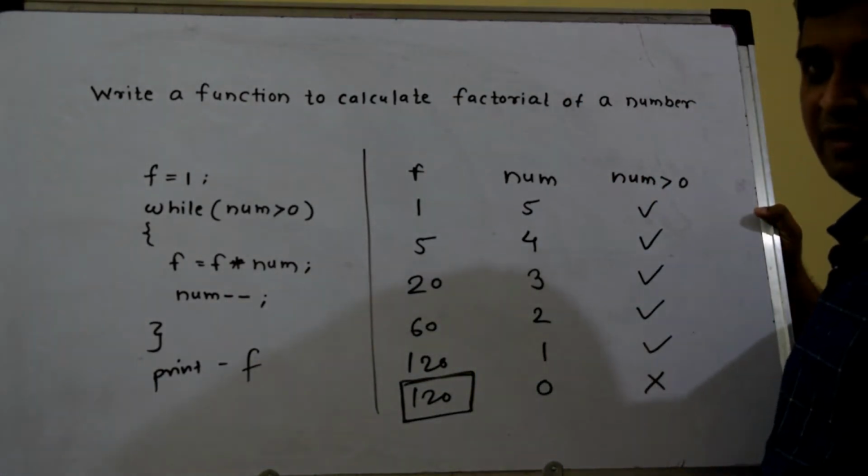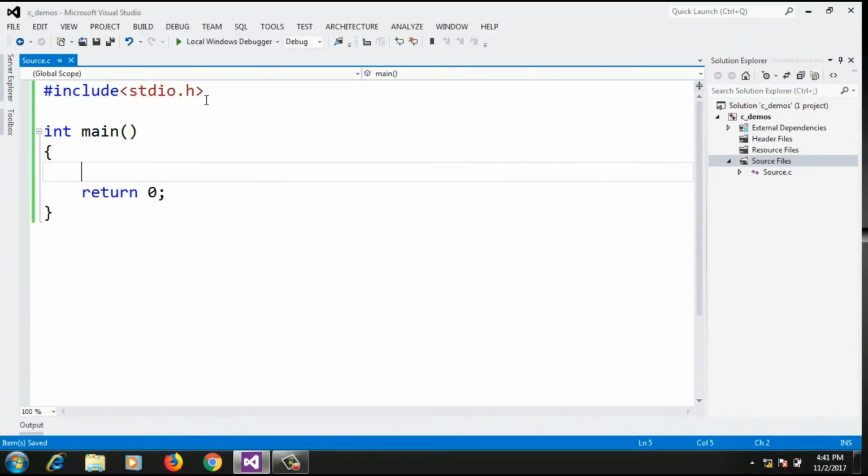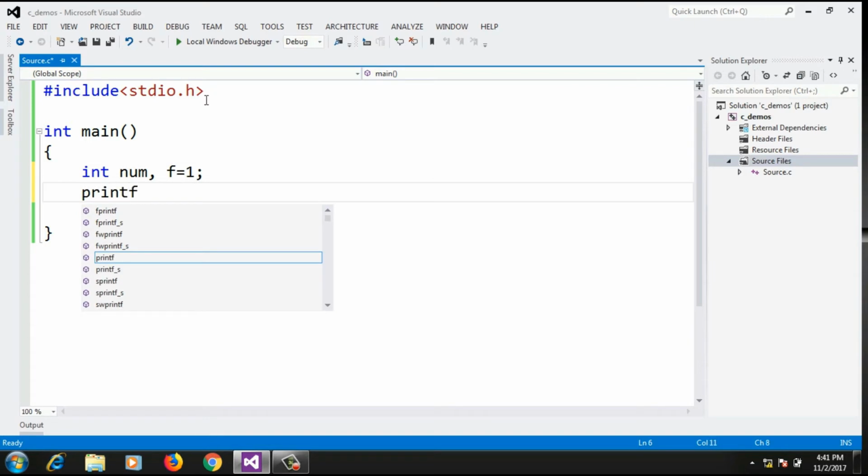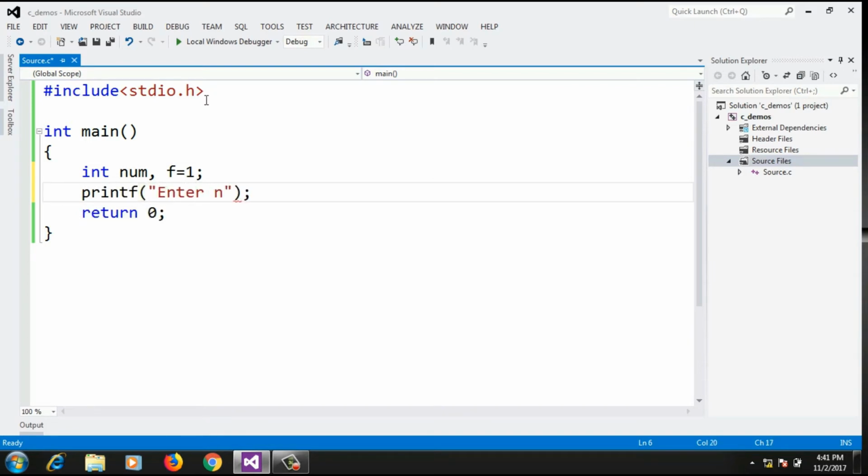So let's implement this. First of all, I will declare the num variable and the f variable. The f variable is initialized to 1. I will ask the user to enter a number, so here it will be printf enter number. Then scanf %d, ampersand num.